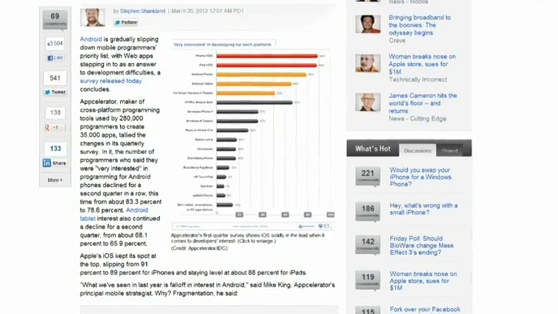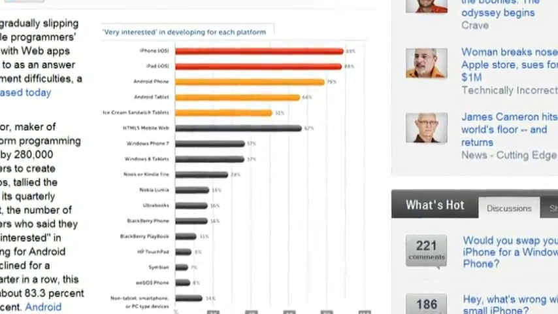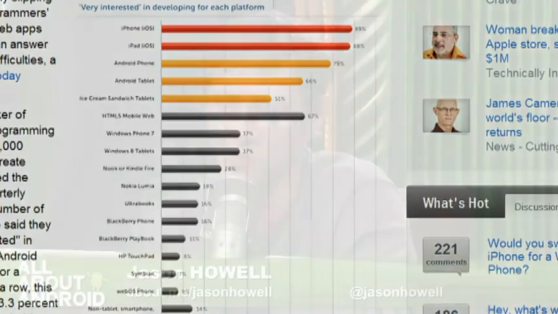And in the Android ecosystem, developer interest in Android, supposedly, based on the study, dropped from last year's 87% figure to 79%, while interest in Android tablet development dropped from 74% to 66%.